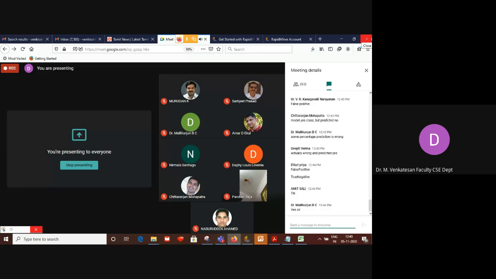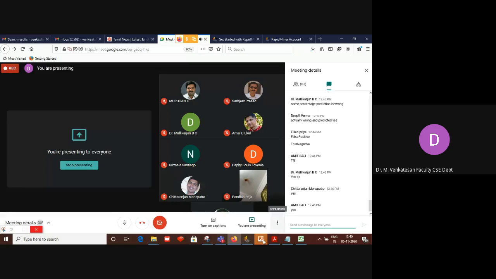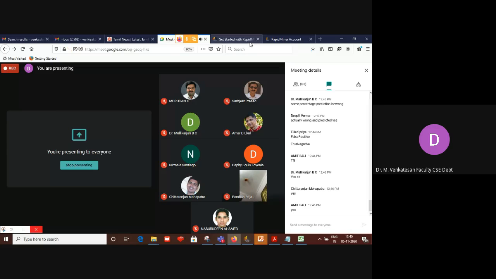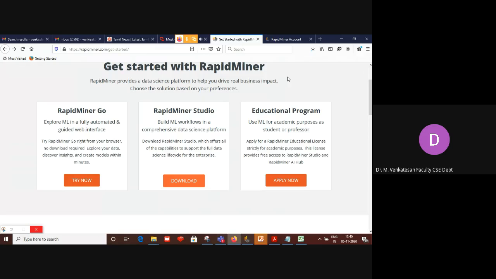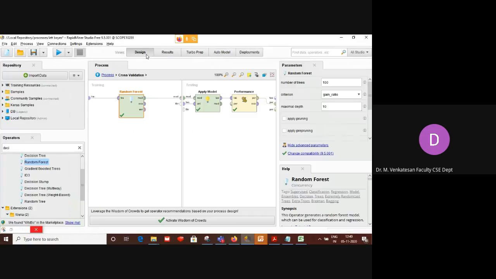Okay. Now, how to do that in RapidMiner? Go to the design part. I think it's clear now.